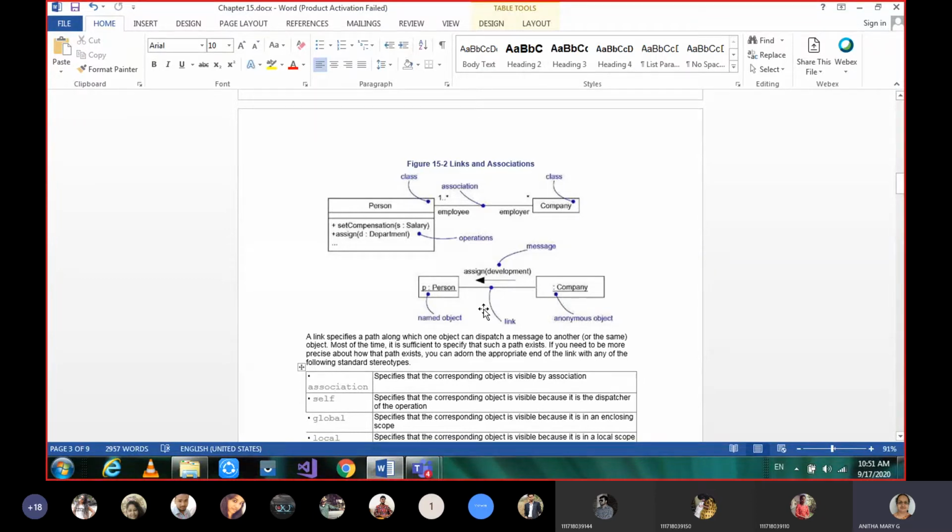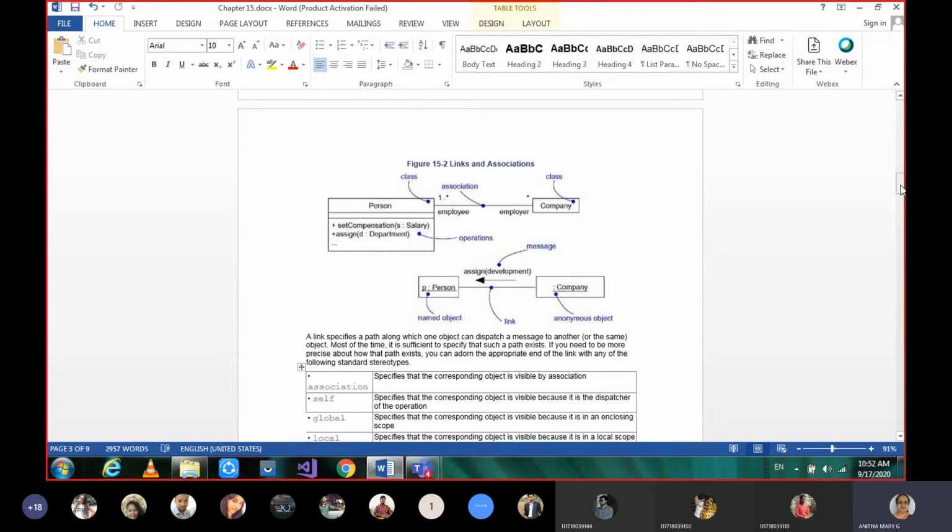And a few more things. A link specifies a path along which one object can dispatch a message to another object, and most often it is sufficient to specify that such a path exists. And if we want to be more precise about the path, we can add to the appropriate end of the link any of the following stereotypes.